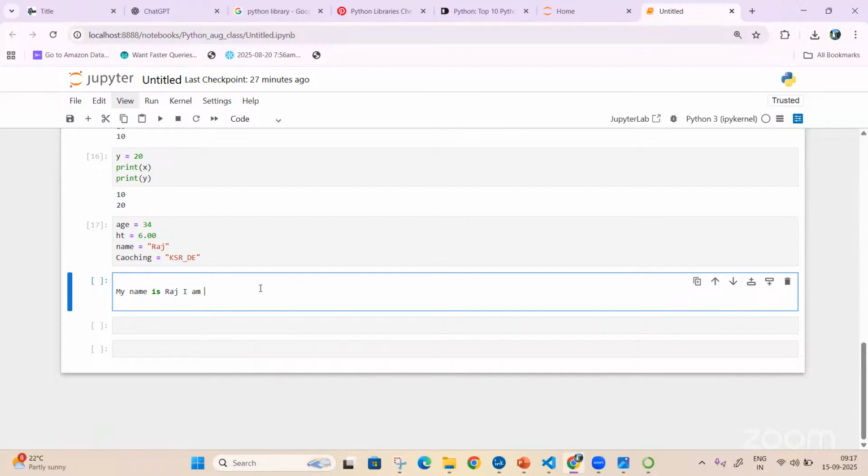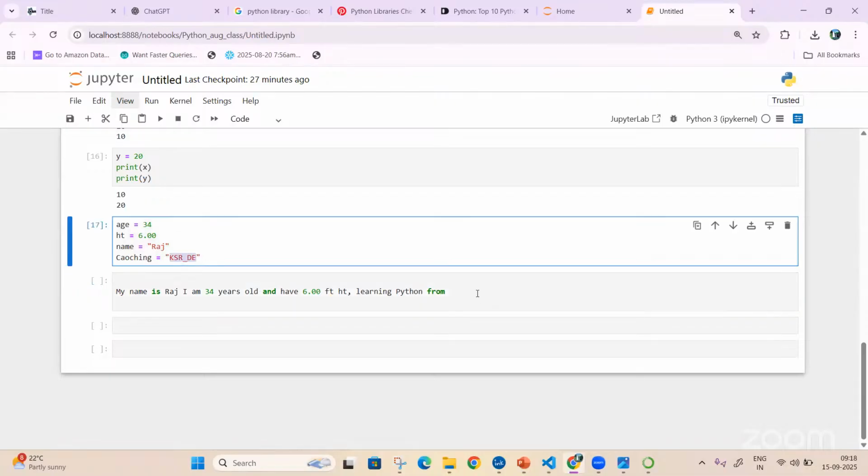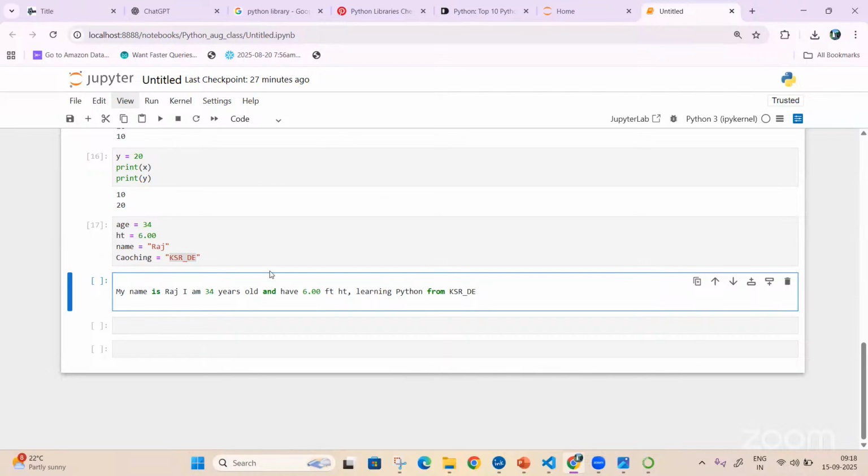I am 34 years old and have 6.00 feet height, learning Python from KSR data engineering. This is how I need to write it.